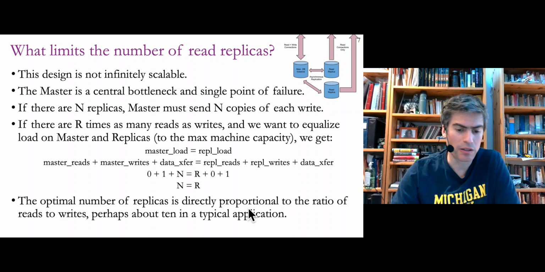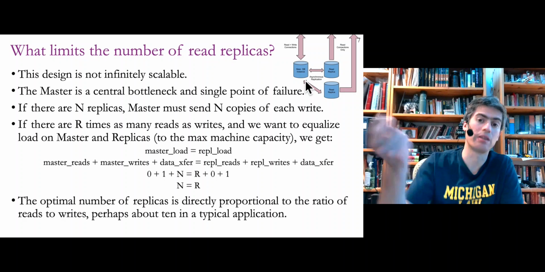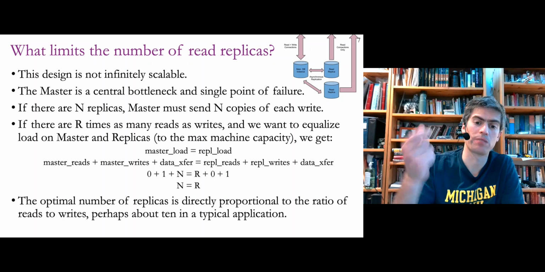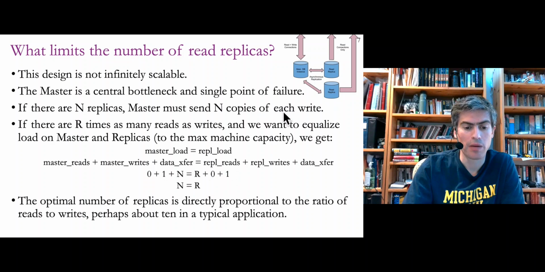And you can do a little pseudo math to explore that. So if there are n replicas, then the master has to send n copies of each write. So every time there's a write on this master, that becomes not just one piece of work, but now n pieces of work. That's important. So adding replicas increases the cost of every write in the system. So eventually you get to the point where, if the cost of reads and writes are the same, and the capacity of this database to handle